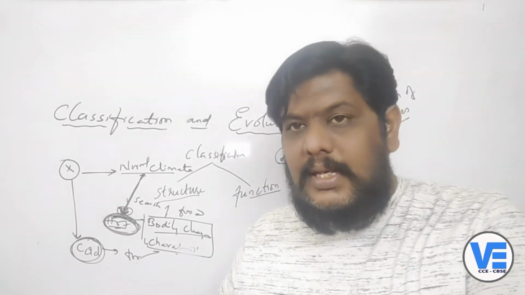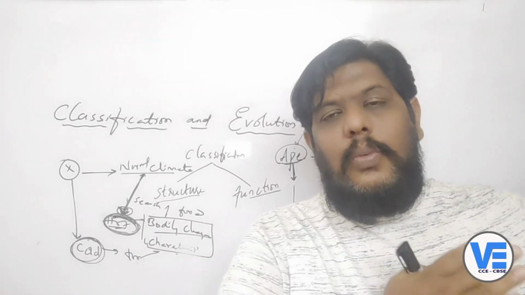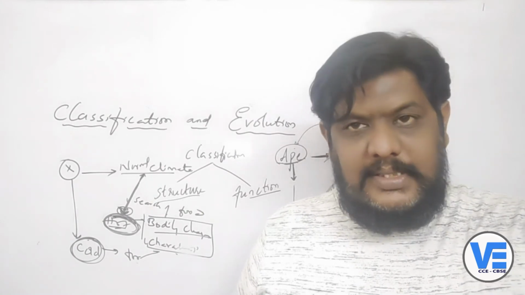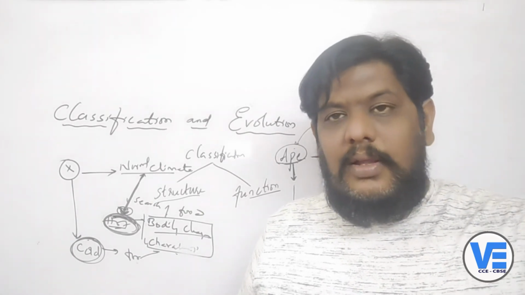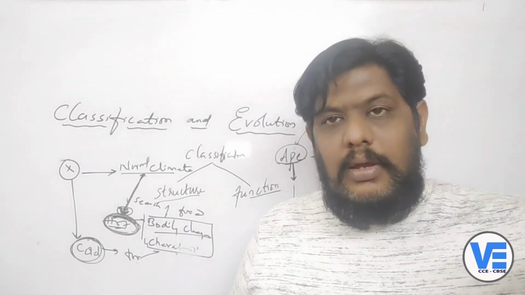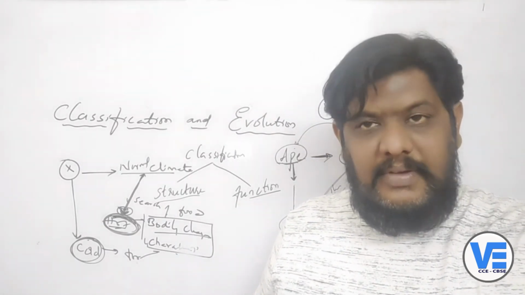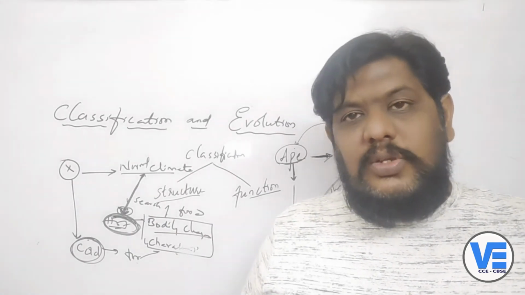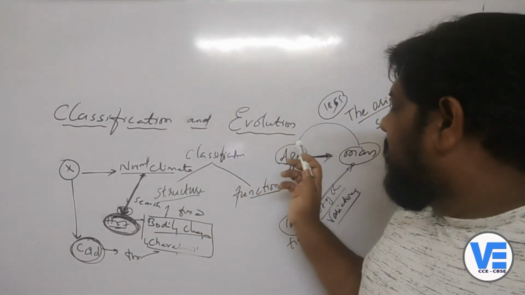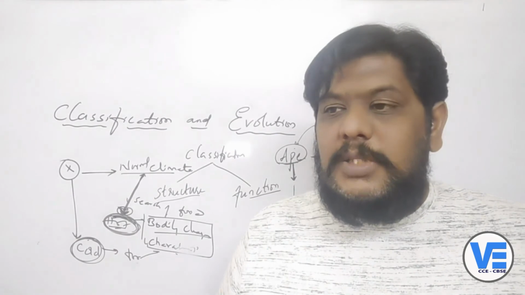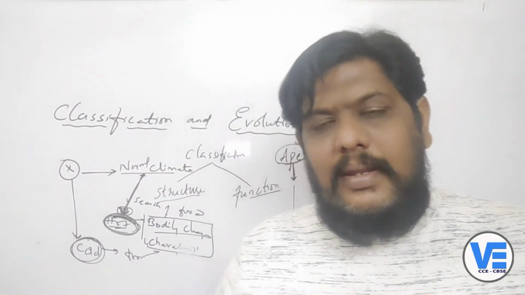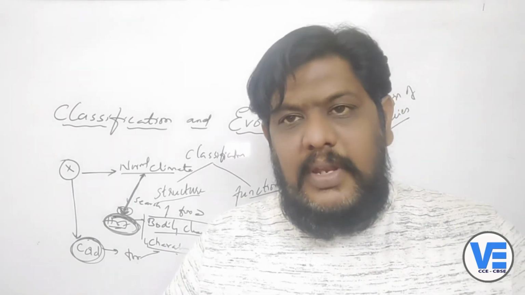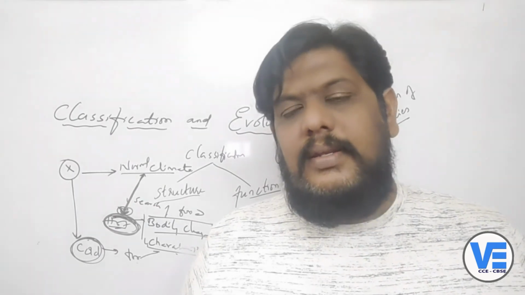So the animals which you are seeing now are not exactly what they were at the beginning of the evolution. At the beginning of the evolution, the dog which we are seeing now is not the same. Basing on the place where it is habituated, the climate where it has to live, and the food it has to take, it has changed its characteristic features. That is what Charles Darwin has explained in the book called The Origin of Species. So we can conclude that the older organisms are very much simpler in their characteristic features when you compare them with this particular generation.